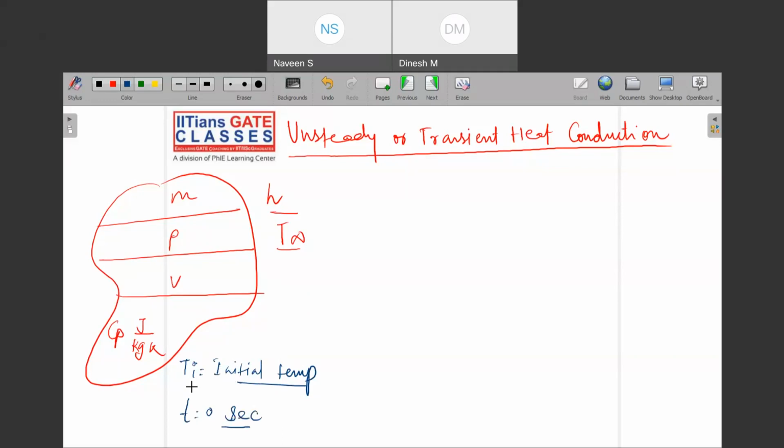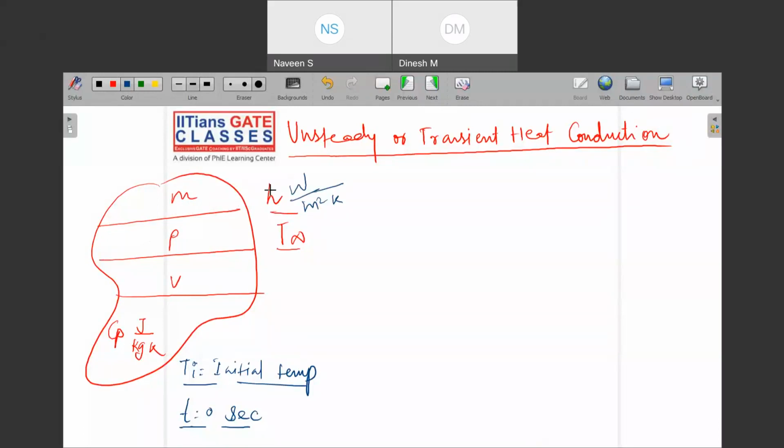So this temperature Ti is at the moment when you have taken it out, and I have assumed that this was the 0 second, and from this point onwards I am going to analyze the temperature changes. Since the body will keep on losing heat through convection, to whom? To the fluid, whose heat transfer coefficient is h. So now my internal energy of this body will keep on decreasing. Yes or no?